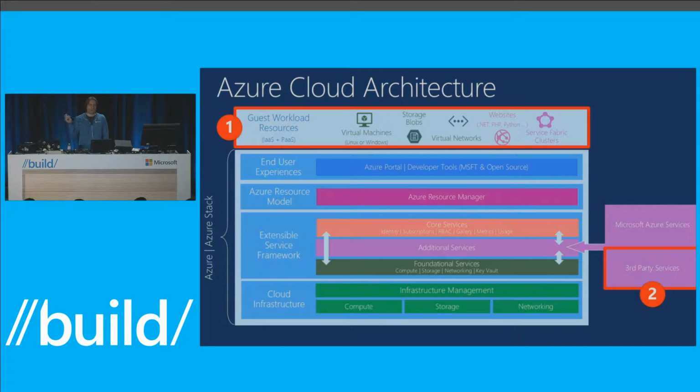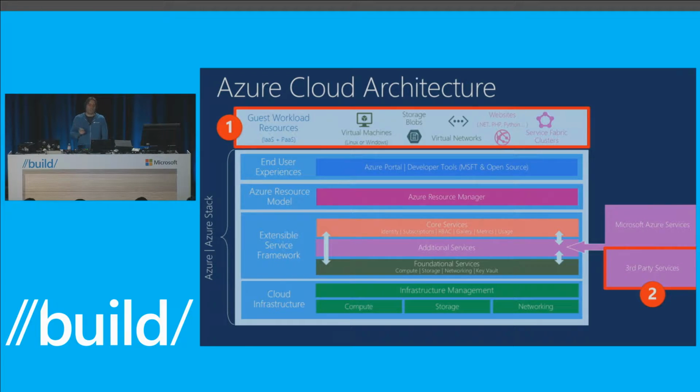Then wrapping it all is Azure Resource Manager. That's actually sort of the key to the kingdom, right? This is what makes our clouds consistent and compatible from the application development and management perspective. So this is effectively that unifying application or resource model that unifies all resources of underlying services into a single application, a single template that you can manage, and so on. So that's the Azure Resource Manager.